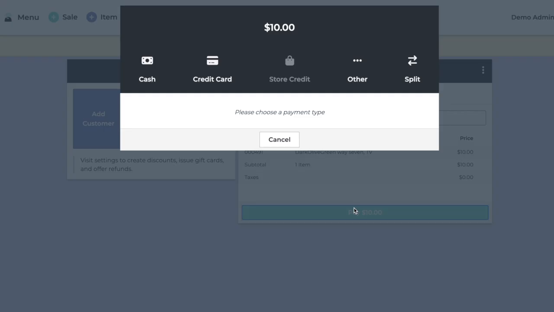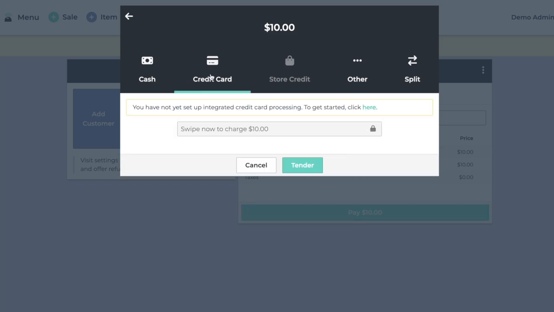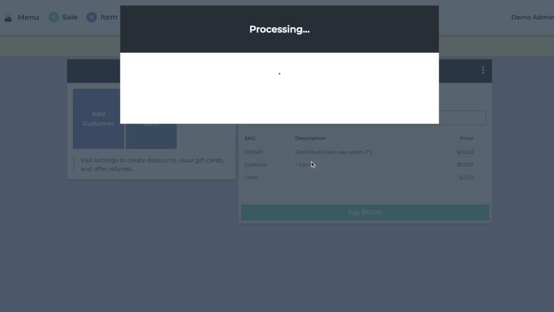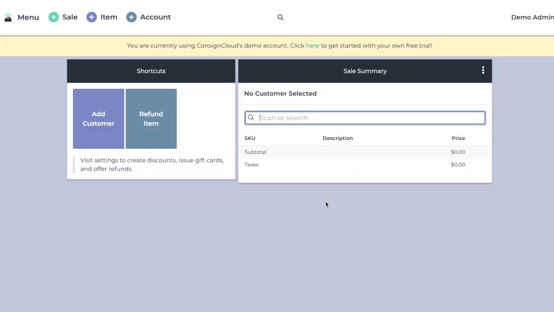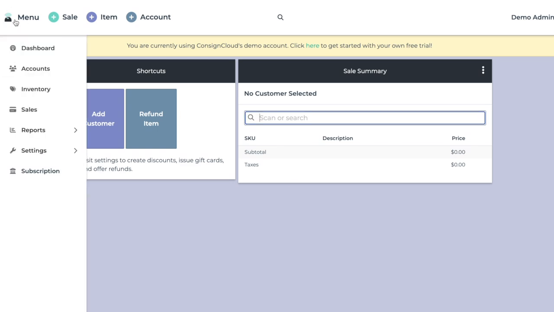ConsignCloud accepts several different payment types, including split payments, but let's just select credit card for now. By default, ConsignCloud assumes you have a credit card processor already set up, but we also support integrated processing at competitive rates through Gravity Payments. From here, we'll tender this payment, and it'll give us a quick summary of our sale, and then we can click Finish. If we click over to our Sales and Payouts report,